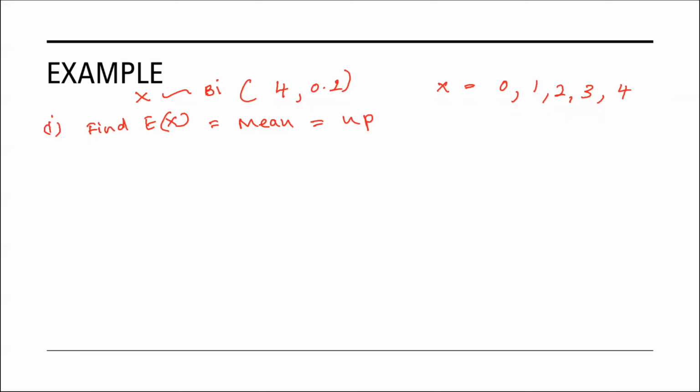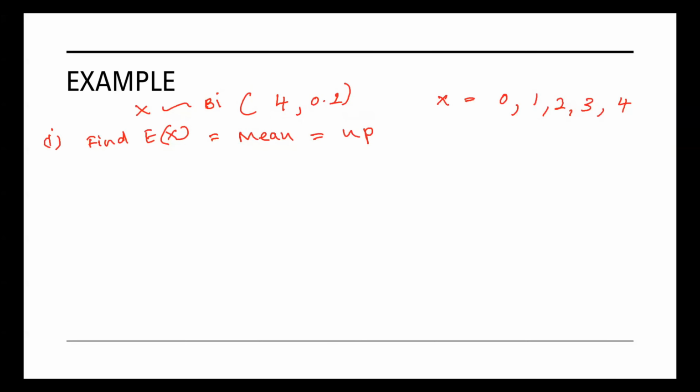You have to multiply 4 by 0.2. Then you will get the answer as 0.8. So this is how you find E(X), which is the mean. And if they ask you to find Var(X), which means the variance,